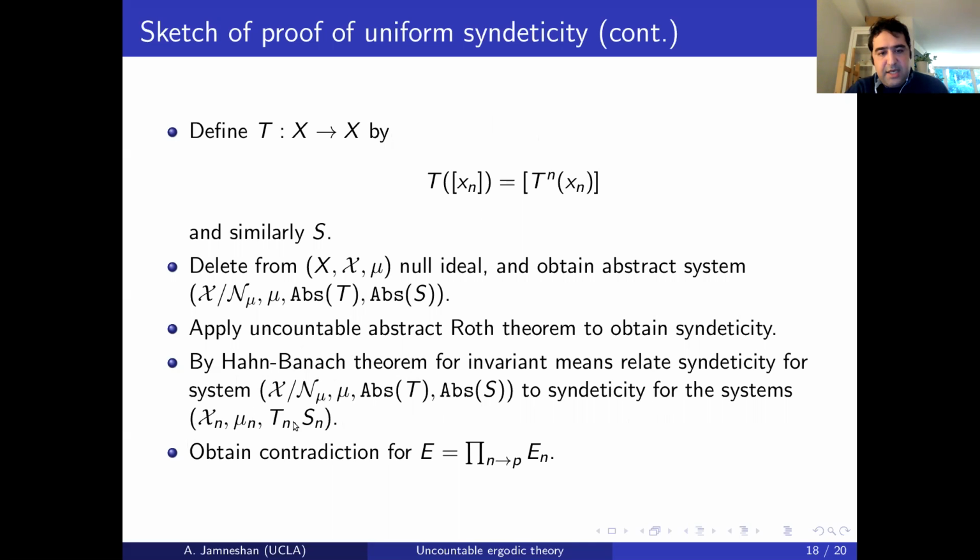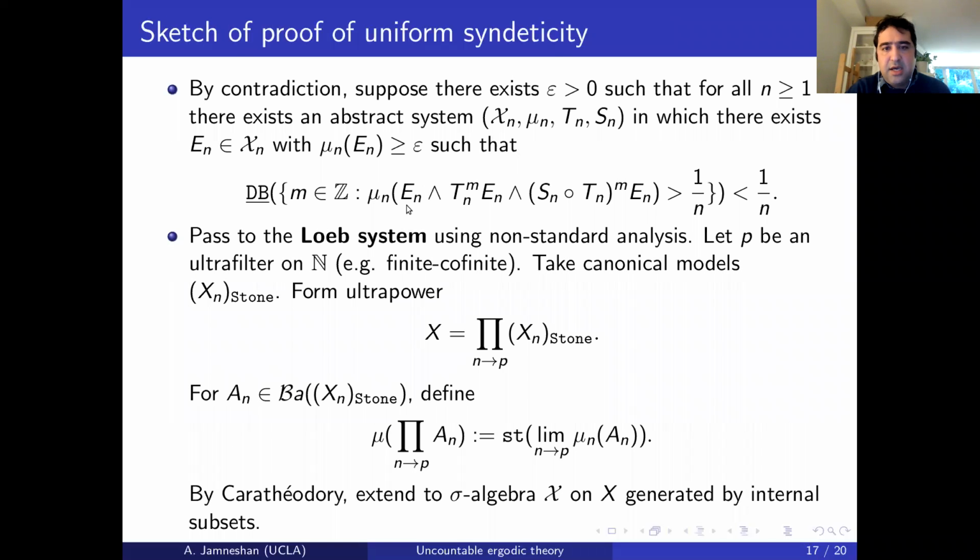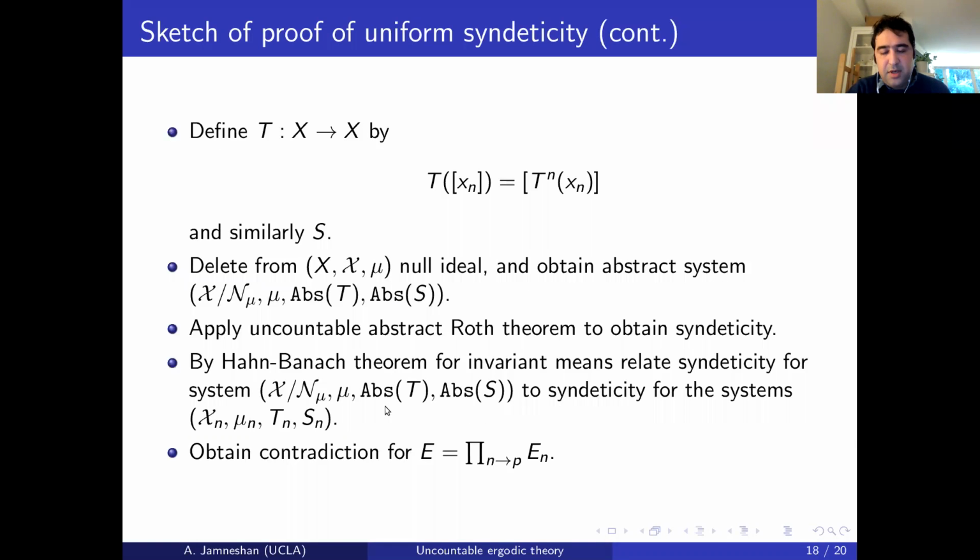And then one can show that if we take the sets En, one can obtain a contradiction by considering the ultra limit of these sets En, because the sets En are constructed such that if you pass to the ultra limit, then the return times must be basically empty, the way it is constructed, but that cannot happen because of the uncountable Ross theorem. Anyway, so that's